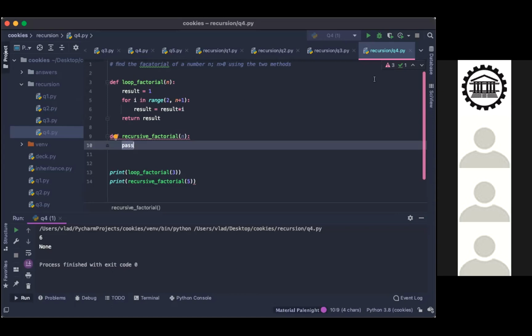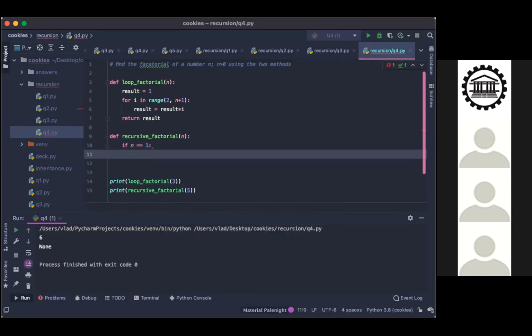If n equals 1, we don't want it to stop ourselves, but I guess we could say result times 1, maybe not result times n, perhaps.